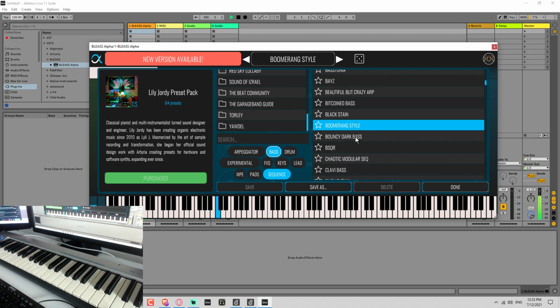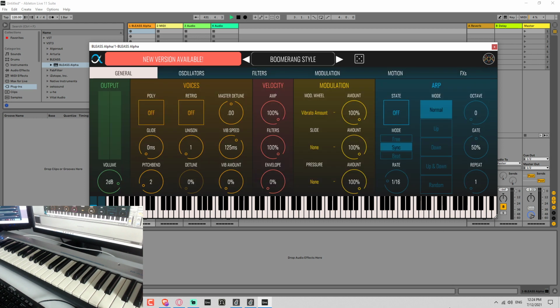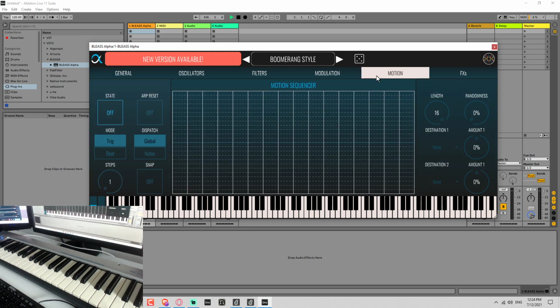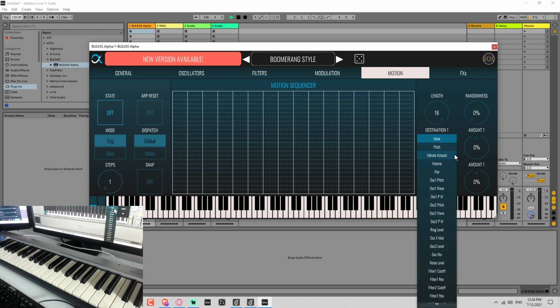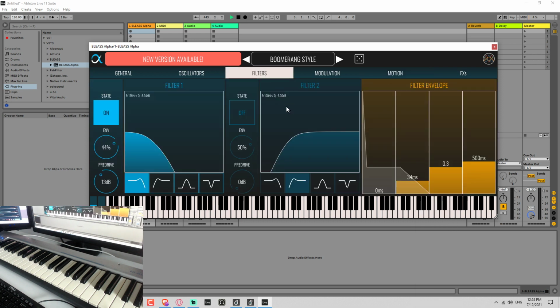Nice low note. Okay, what I would like out of this, I'm just trying to think. The only thing that really springs to mind would be to have more modulation sources. So if I could send, I know you're getting into dangerous territory, but if I could send information from the motion sequencer to the arpeggiator